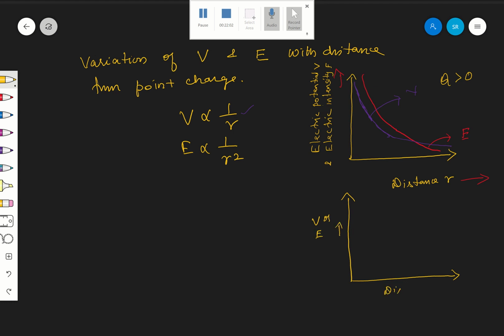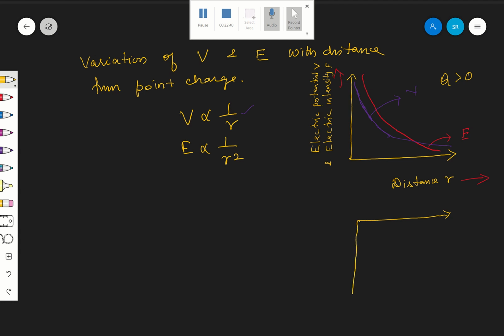This is distance. Distance of what? Distance of the point concerned from the charge. What is R? R is nothing but the distance from the charge, that is the source point charge. Now I want to draw a plot where Q is negative. Q is negative, therefore, this is R, and